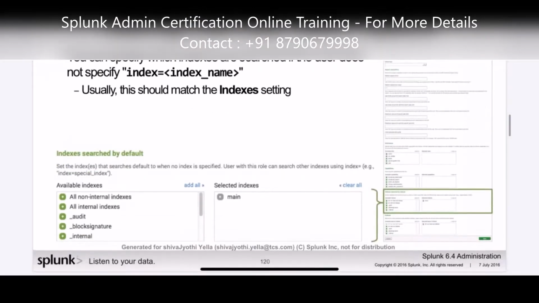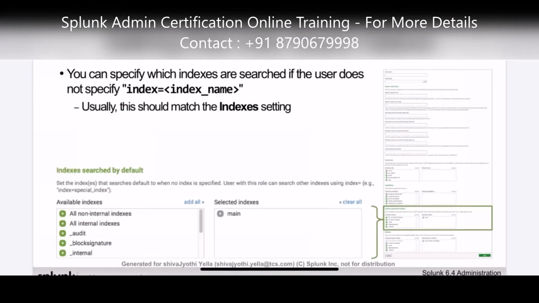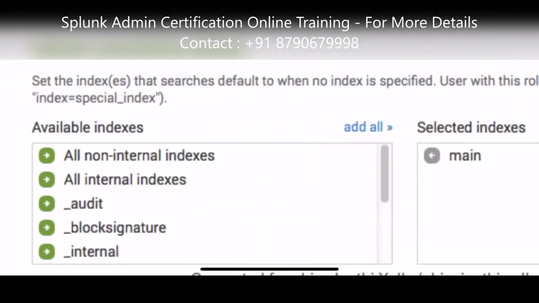Now we have seen inheritance and capabilities, and now indexes, how they are getting access to a specific index. Here also it is showing all the indexes available in Splunk on the left side. If you see, the first two are important: all non-internal indexes and all internal indexes.